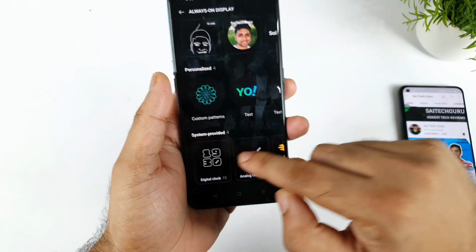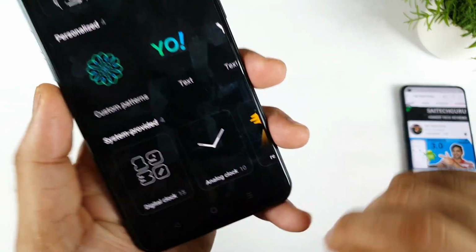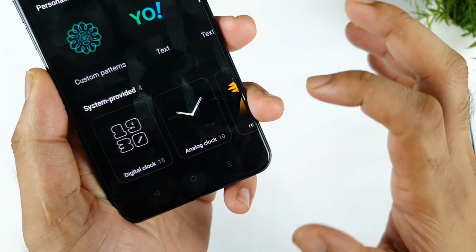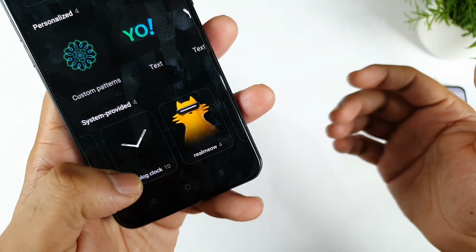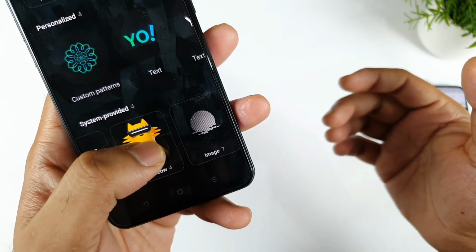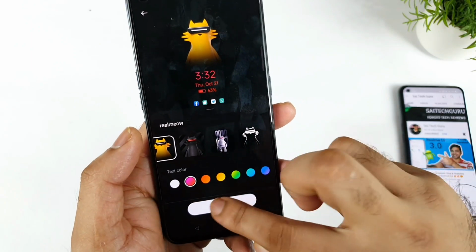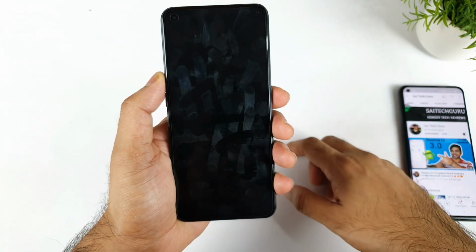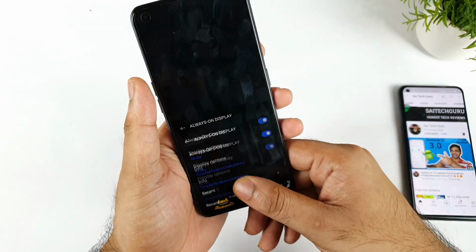And next is the system provided one, which is a digital clock. We are having, I think, 15. There's a number written here, as you can see, which is really good to know how much count it has got. So digital clocks, there are 15 digital clocks, analog clocks 10, Realme emoji as well, 4 available. Not bad. Which also looks good. Let me start again. Let's see. Not bad, which looks kind of good. If you want, you can have those.